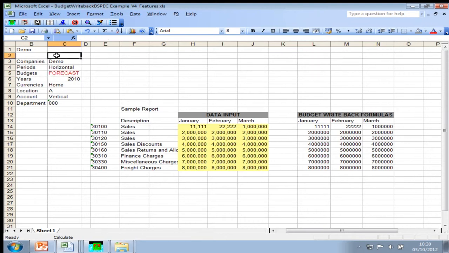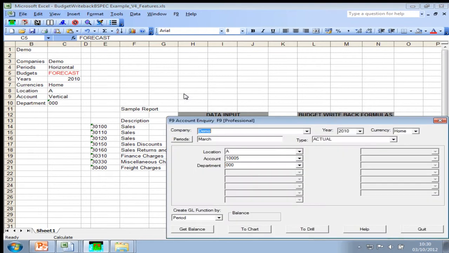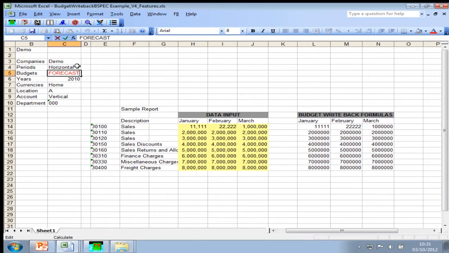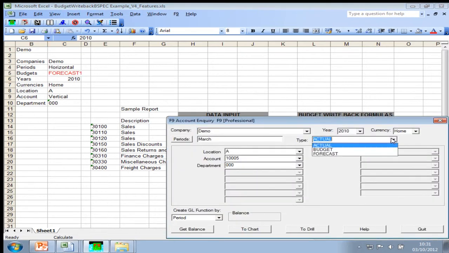What I'm saying on this formula is I'm just going to F9 it quickly, take the number in this cell, put it into my write back area, and I have told F9 which data type I wanted to write back to. So at the moment it's writing back to forecast. If I press F9, it actually writes that information back from Excel into the F9 data mass, which means that